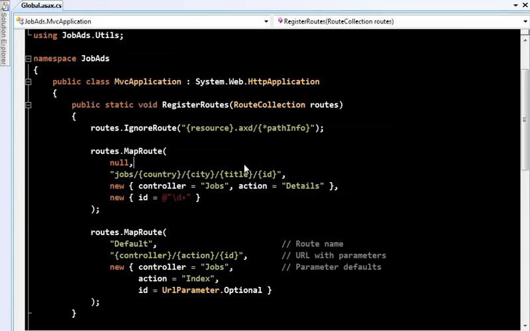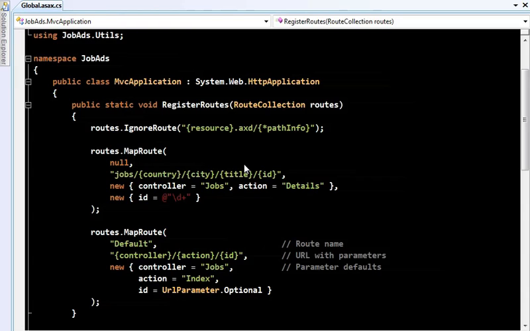The final thing for us to cover in this episode is areas. Now, areas are not actually a feature of the core routing system, it's a feature of ASP.NET MVC 2, but it is mainly to do with URLs and routing, so it is relevant to cover during this episode. Now, the idea with areas is that they give you a way to break down your application into smaller groups of files, where each group can contain its own controllers, its own views, its own content files, and its own routing configuration. It's just a way of organising a large application.